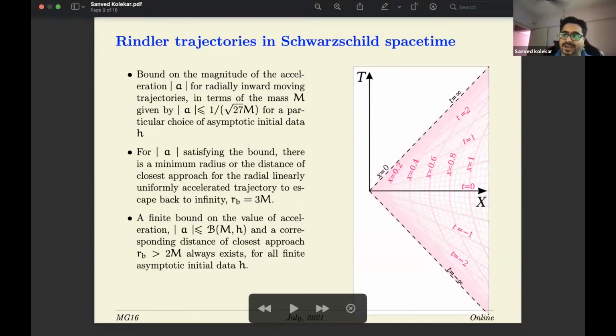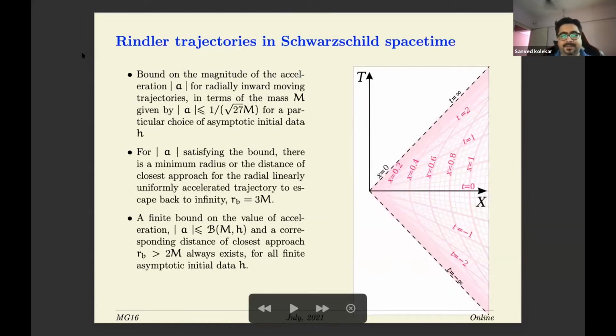To highlight the interesting features, let me first compare it with the usual Rindler diagram in flat space. So the features that we know are the following. These are the usual hyperbolic curves. Each hyperbolic curve has a different acceleration, and they have the same Rindler horizon. This is the future Rindler horizon. This is the past Rindler horizon. This is the bifurcation point. The higher the acceleration, the closer you move to the left, that is, closer to these horizons. That is the feature.